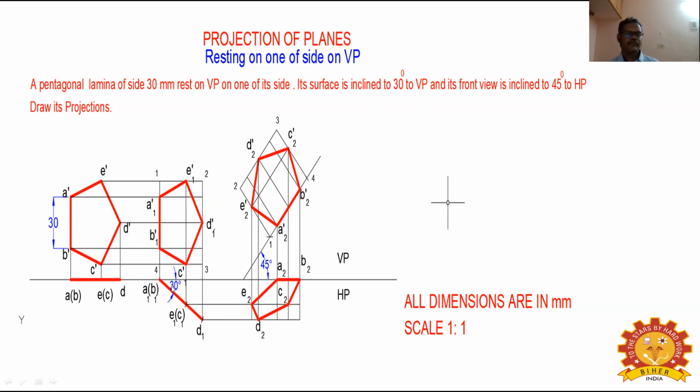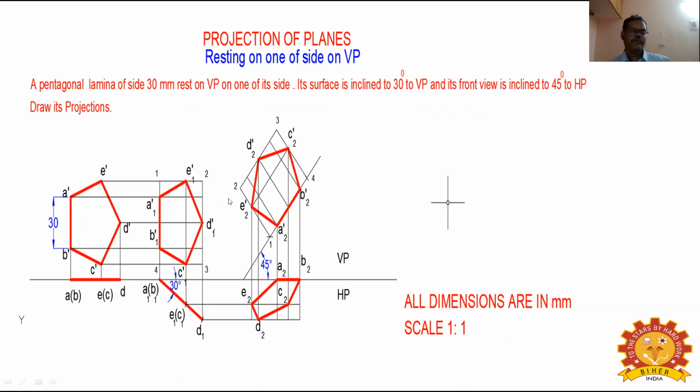By using a compass, you transfer the points to the inclined line. Cut an arc from A1 to D1 and A1 to E1. From A1, E1 and D1 draw a vertical line. From A dash, B dash draw a horizontal line. The corresponding intersection points mark as A1 dash, B1 dash, C1 dash, D1 dash, and E1 dash.